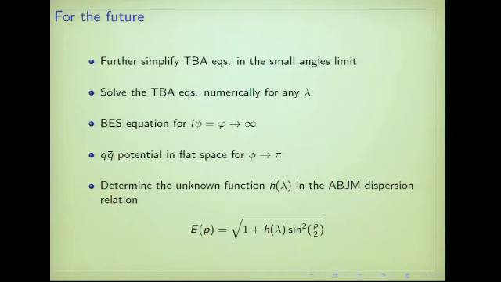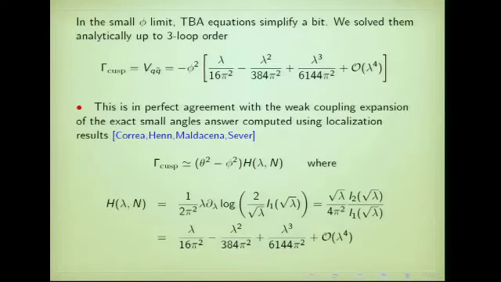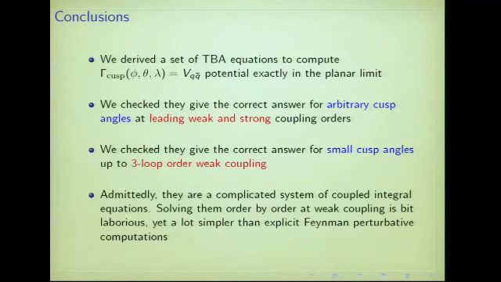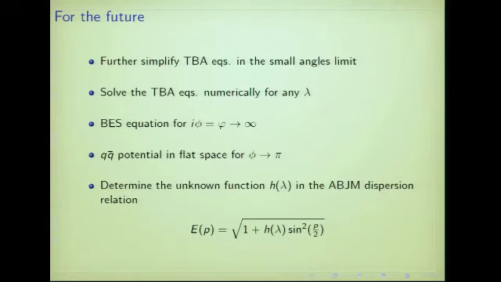You could try to solve them numerically, as was done for the Konishi operator. Actually, the TBA equations are mostly the same, but with these extra angles here and this extra boundary dressing phase. But apart from that, and certain identification between the Y functions, the TBA are more or less the same. So I expect them not to be much more difficult to solve numerically than for the case of the Konishi. And maybe you can try to go to strong coupling to compare with known results at strong coupling for the Cusp anomalous dimension.